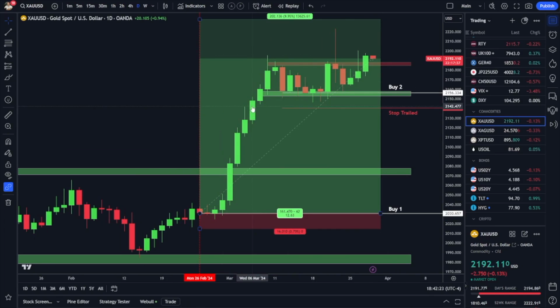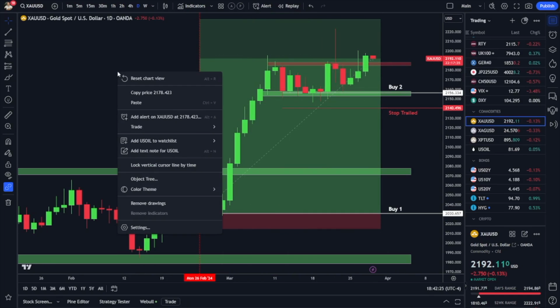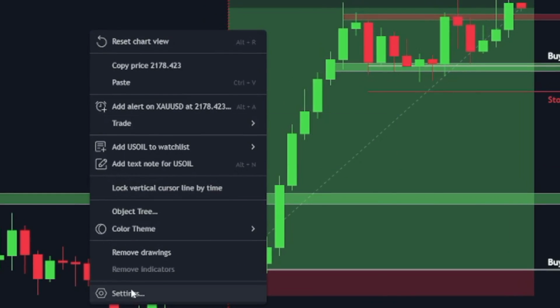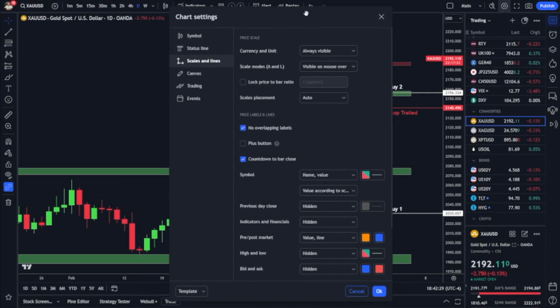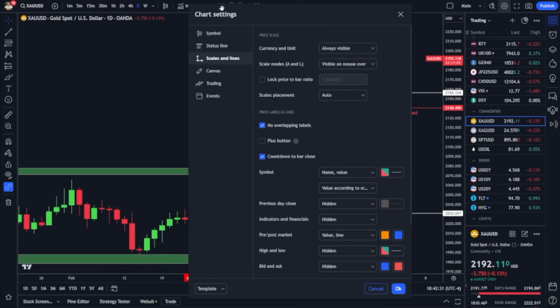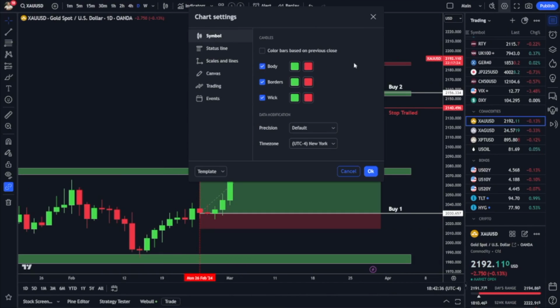And I'm talking specifically about the candlesticks, the background colors, etc. So if I go settings here really quick, this is how you can adjust things to your own liking. Now, again, really quick, I promised I'll show you all of my colors here. So real quick, I'll pull this open. So I went to the chart settings here and I clicked symbol, and now I'm looking at the candlestick basic